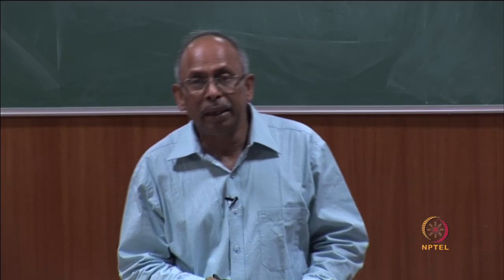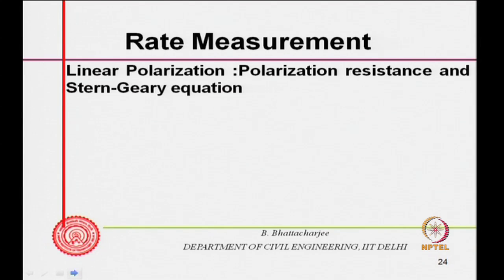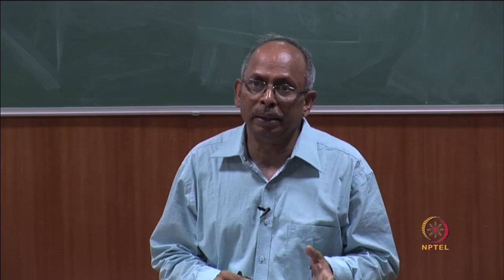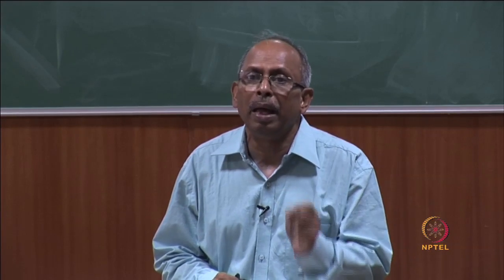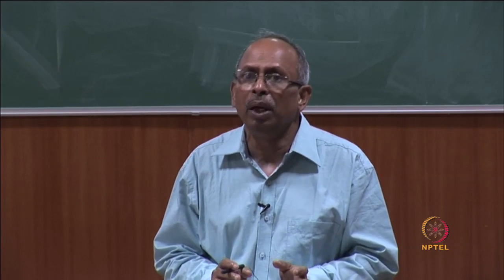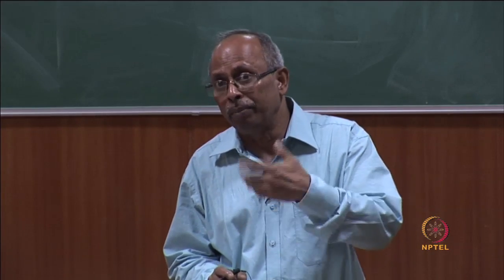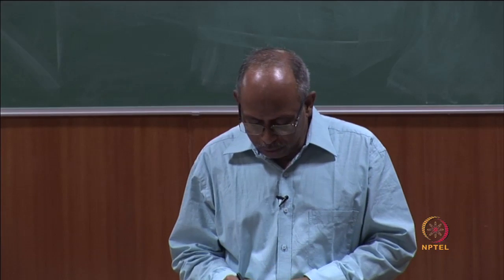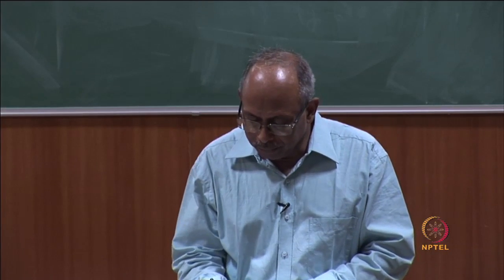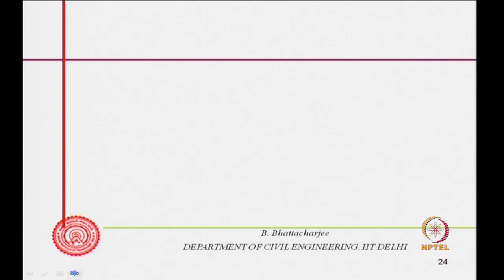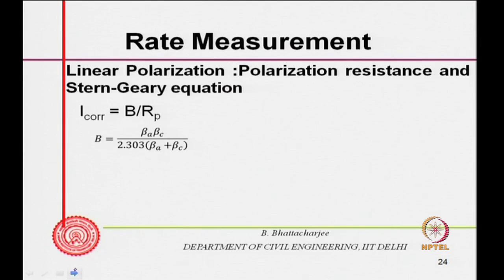Now, this activation polarization can be used for measurement of corrosion rate. The linear polarization technique is used, where I apply some current from outside over a small range. It has been observed that although it follows Tafel's relationship in the long run when I polarize, over a very short range of potential change it follows a linear line. For example, over this range it follows a linear relationship, whereas beyond it follows logarithmically linear, and in this zone I can use polarization resistance,